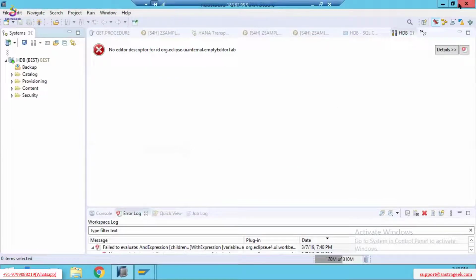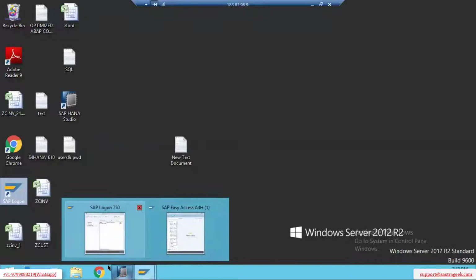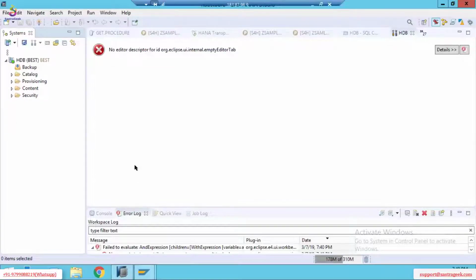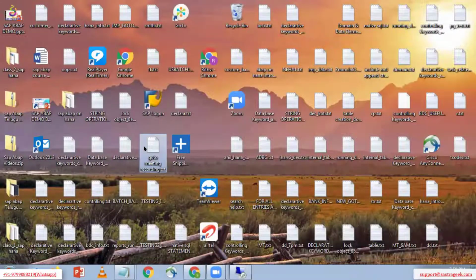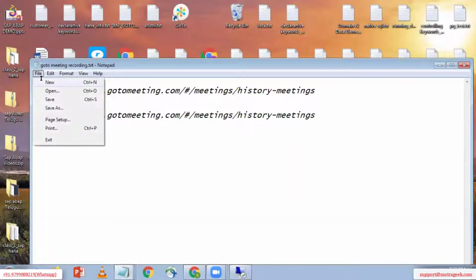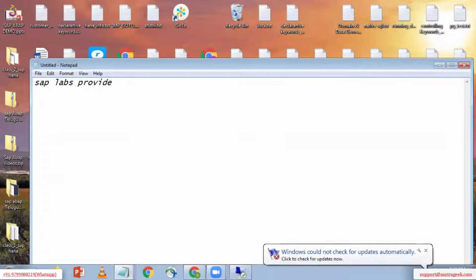Okay. See here, first I'm going to show you how to create our HANA database connection name. How we can create the HANA database connection name is SAP Labs provided a predefined